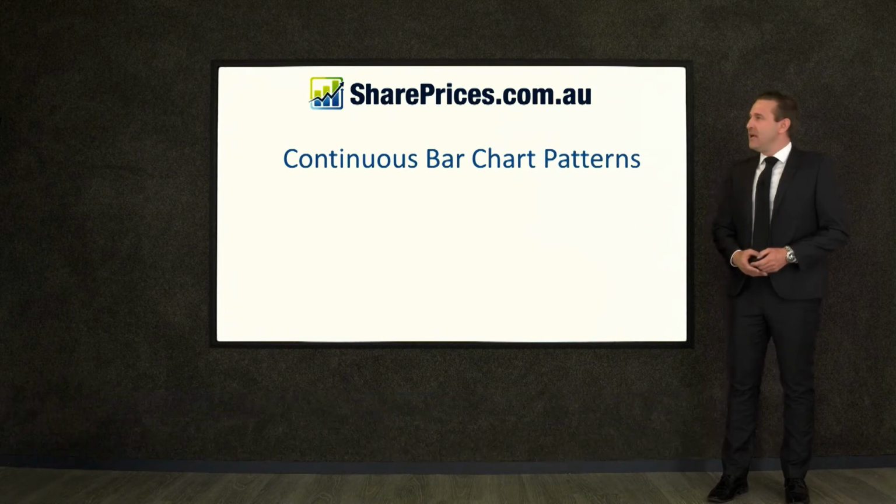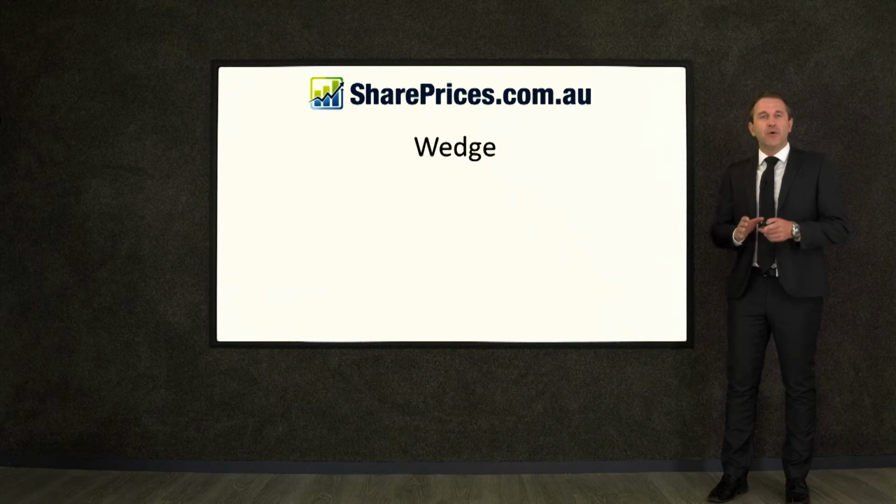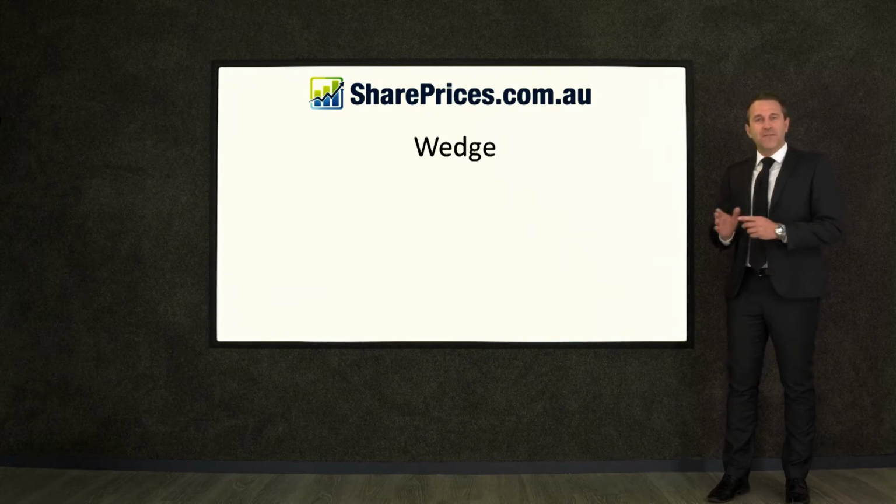We're going to look now at continuous bar chart patterns. In particular, let's have a look at something called a wedge. Now we've got two examples. We know what a wedge is and what it looks like, but let's find it in a bar chart